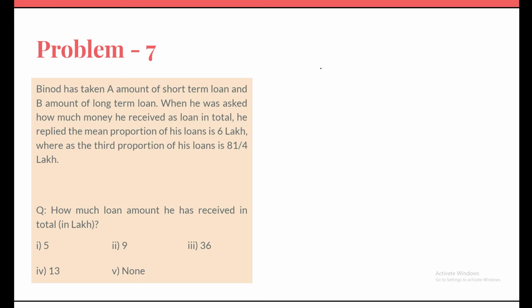So when he was asked, he didn't reply directly. He said the mean proportion value and third proportion value of the loans he got. So we need to find out the total amount he received from both loans using the values of mean proportion and third proportion. So before going to solve the problem, let's look at the important terms used related to